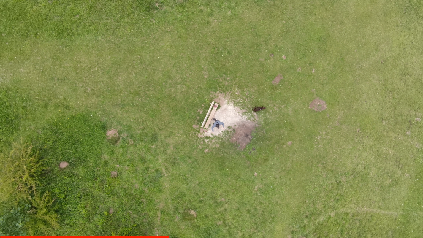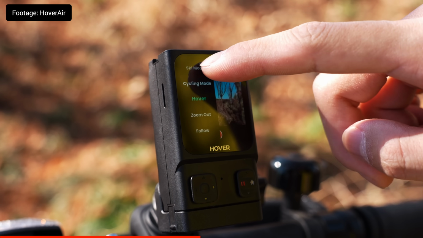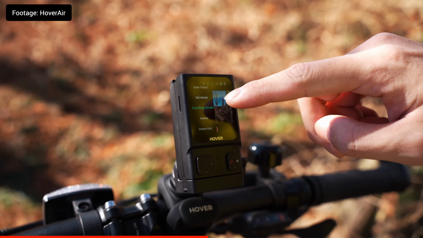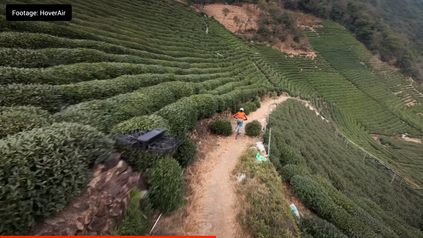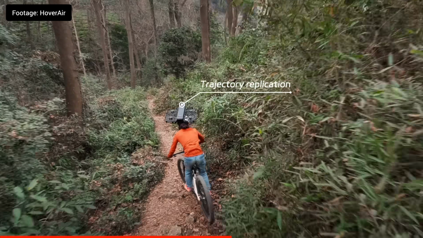It really is a set and forget product, and when you see a moment that you want to capture, HoverAir can get it instantly. And that was just a dog walk. If you're into sports, cycling, skiing, running, whatever it might be, this thing can keep up. It's got a top speed of 26 miles per hour with bursts up to 37 and even has dedicated cycling